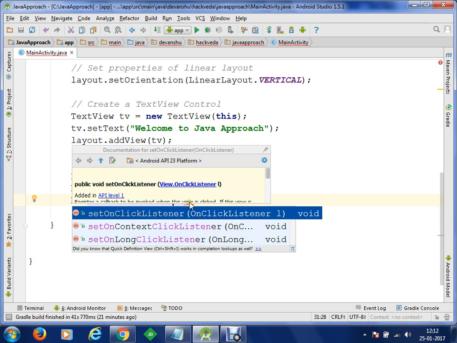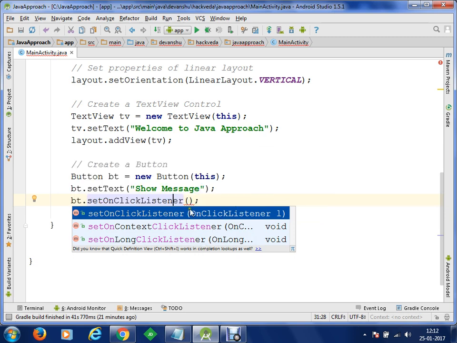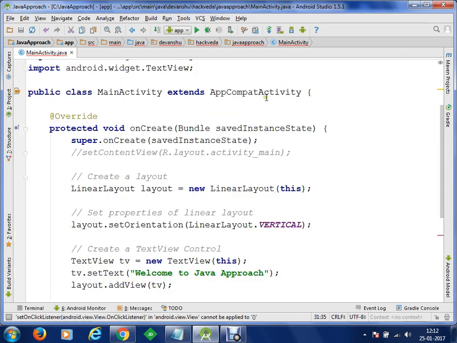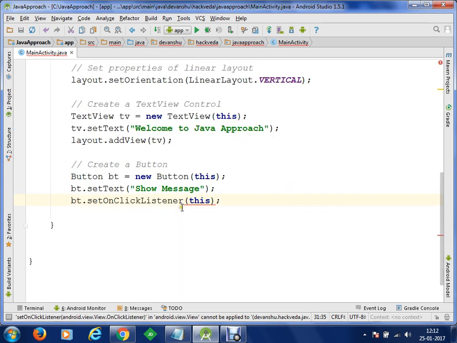So this parameter is actually asking for: specify the name of the class where the OnClickListener interface is implemented. Okay, so that we'll go to that class, and within that class we are going to find the onClick method, and we are going to execute the onClick method. Let's say I am going to make my current class implement the OnClickListener interface, and I'm going to override my method onClick within this class only.